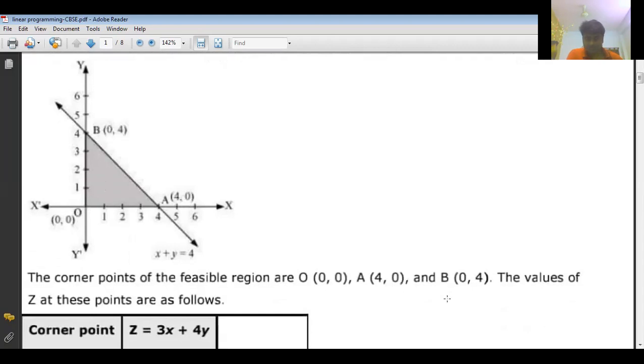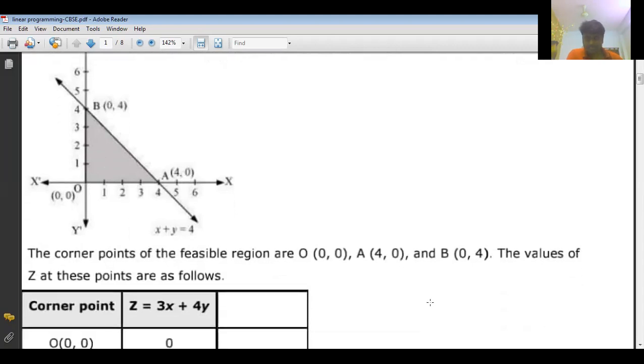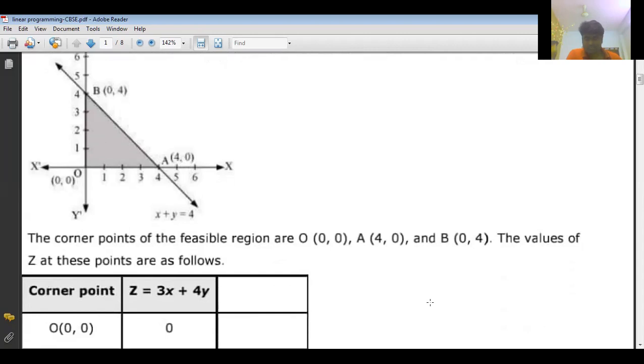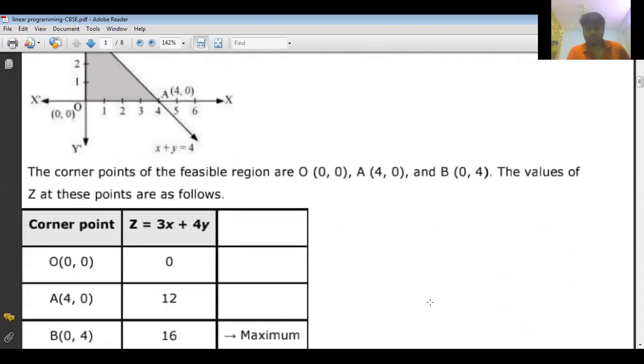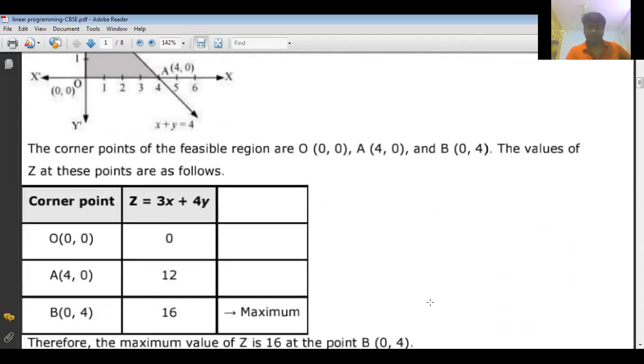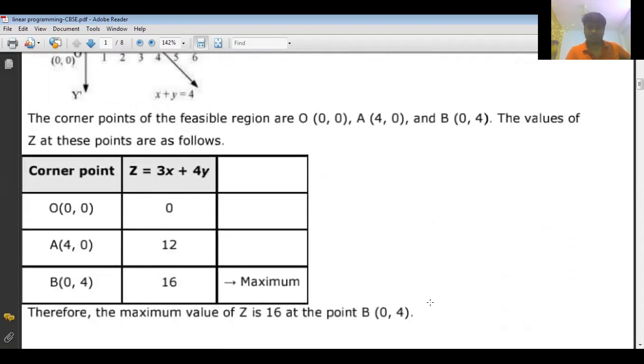The corner points we need to mention there and make a table to see at which of these corner points the objective function is maximum. So that is the maximum value and that point is the point of maximum. That is what we will write. That's simple. Here, corner points we will write in one column and the value of z in another column. 0 comma 0 is the origin, put 0 comma 0 there, we get 0. 4 comma 0, now put 4 comma 0, right? 12 we will get, and 0 comma 4 we will get 16.